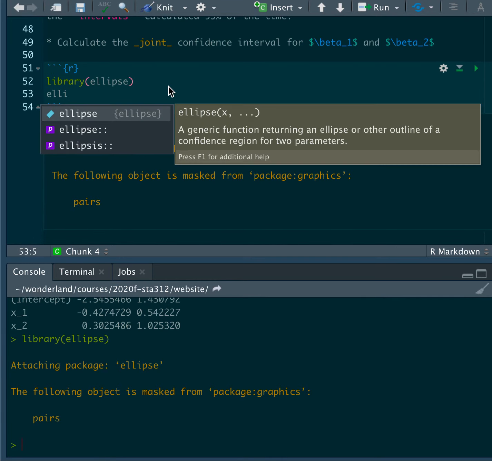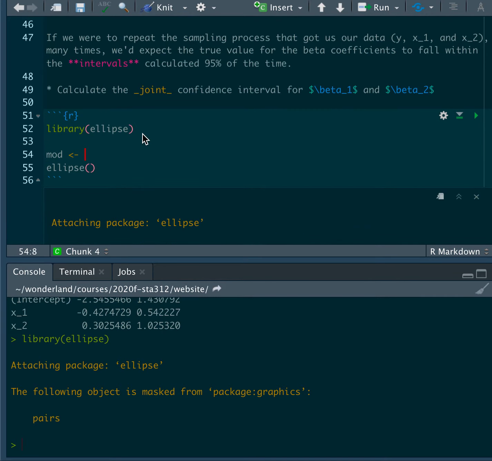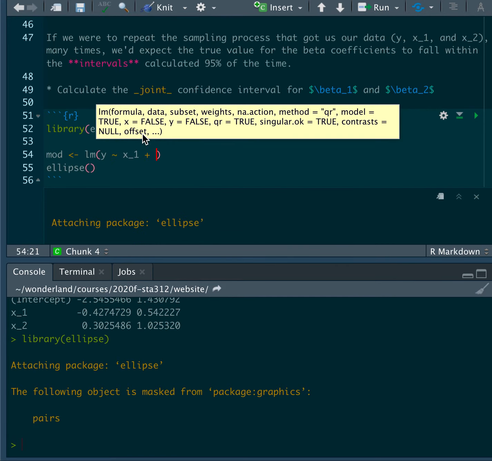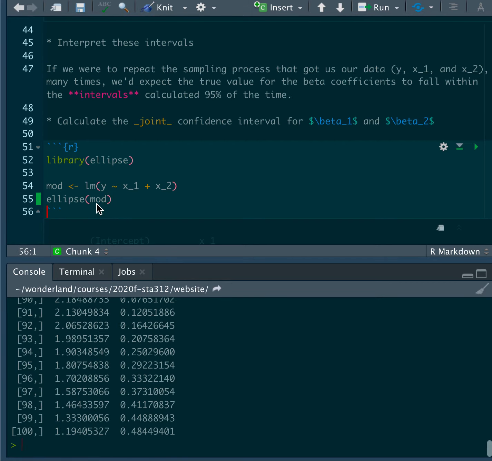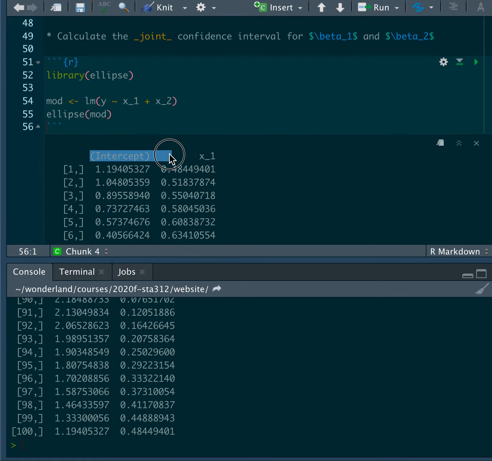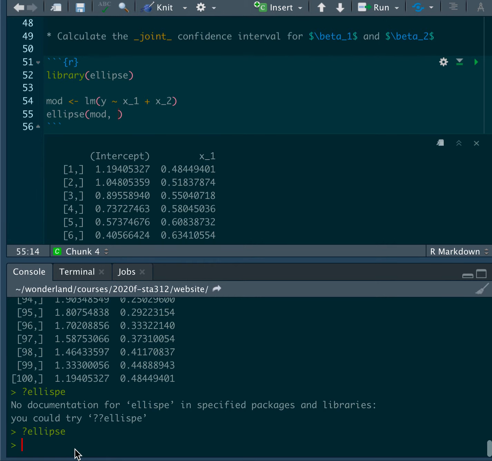And so you use the ellipse function, and you set the model. So I'm going to fit this model again. So I'm doing lm y tilde x1 plus x2. So that's my model. And you plug that model into ellipse, and you tell it which values you'd like it to look at. Well, let's just see what happens if we just run it like this. If we just run it by default, it's going to tell you the joint confidence interval between the intercept and x1, which was not what we wanted. We want the joint confidence interval between beta 1 and beta 2, and so that's going to be between x2 and x3. And so if you check out the ellipse function's help file,